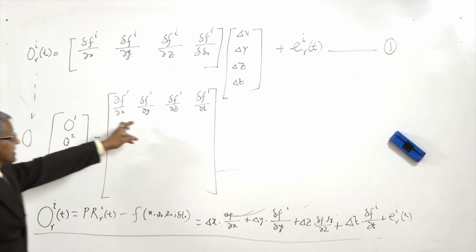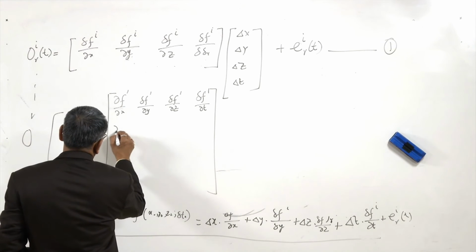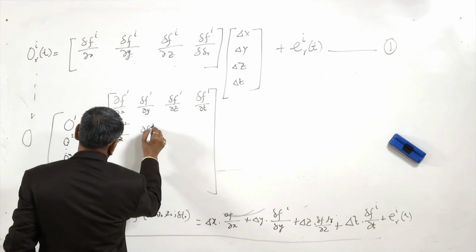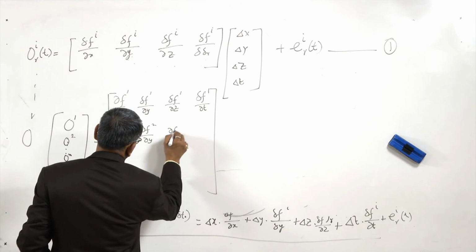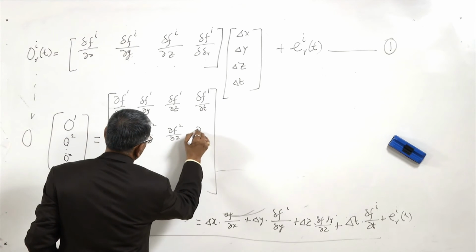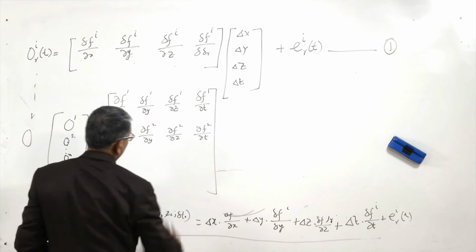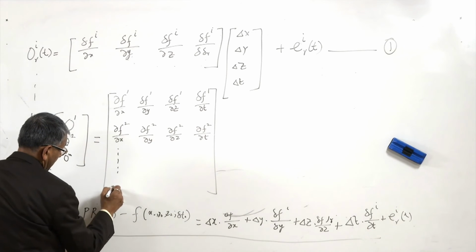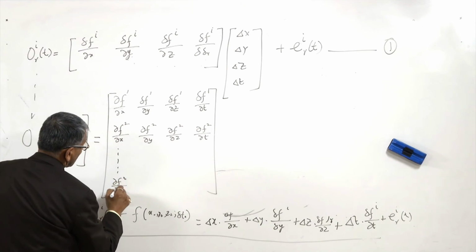This is from the first satellite, and from the second satellite df2/dx, df2/dy, df2/dz, df2/dt. This is from the second satellite, and in that way we can go up to m satellites,